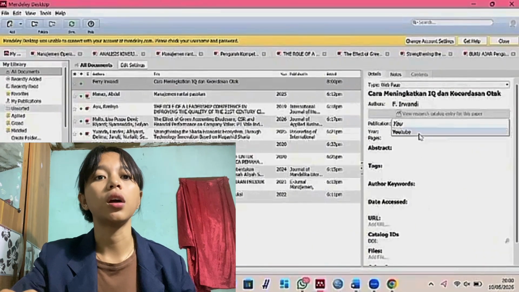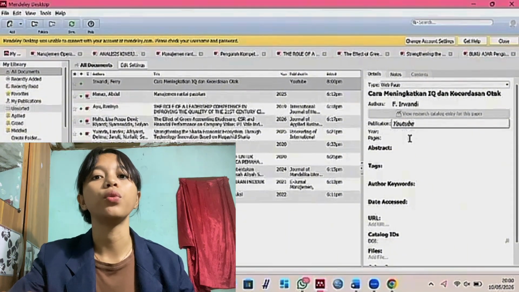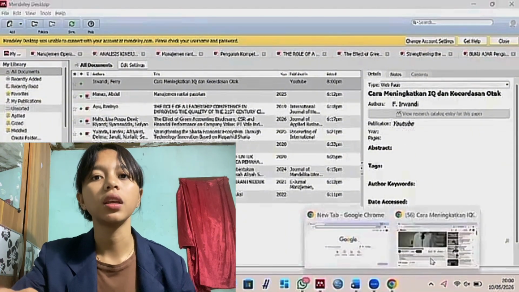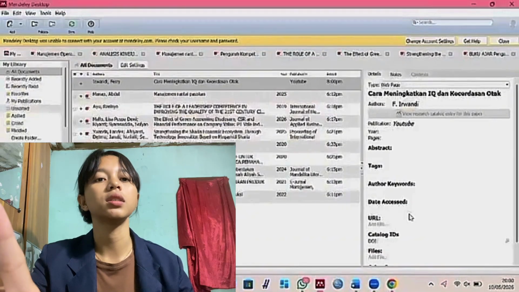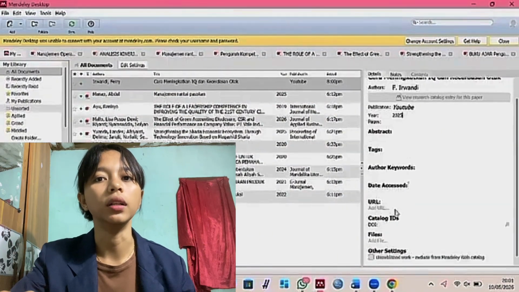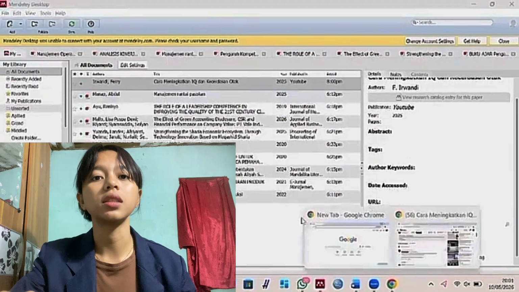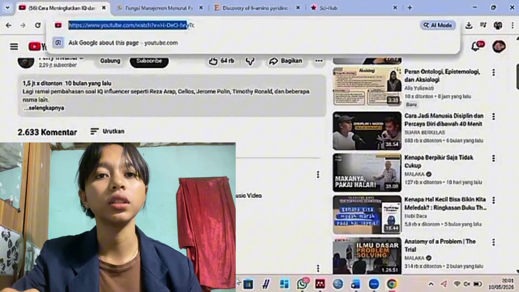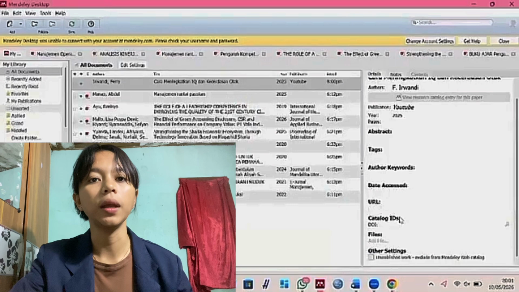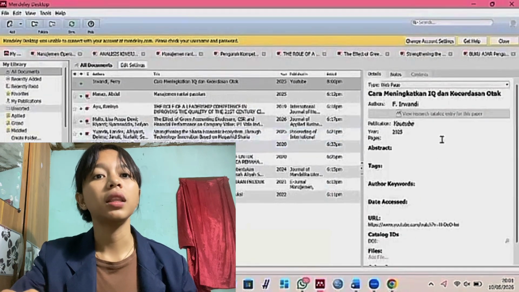Finally, I'll share a special trick. What if we find a very relevant journal but it is behind a paywall? Don't worry, we can still get the data. The first method is to download only the metadata.